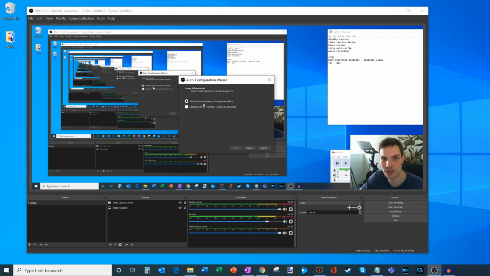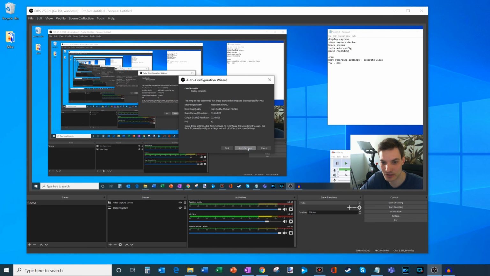And it depends on whether you want to stream or whether you want to record. In this case, I just want to record, but depending on which one you choose, there are different optimal settings. I'm going to click on recording. I'm going to do the full resolution of my screen, and I'm just going to go with either 60 or 30 frames per second, but 60 when possible, so that way it'll look a little smoother,